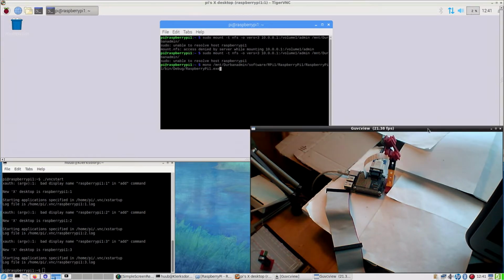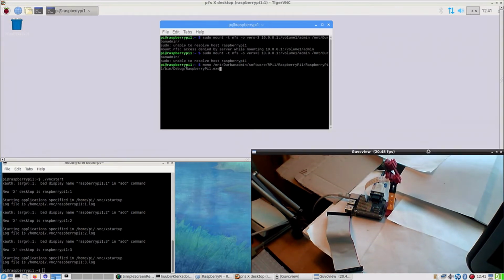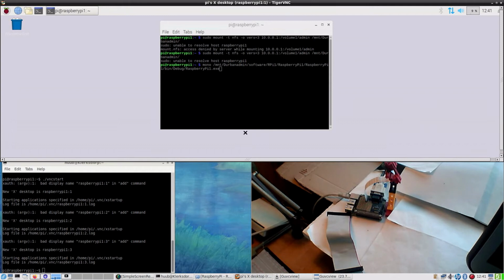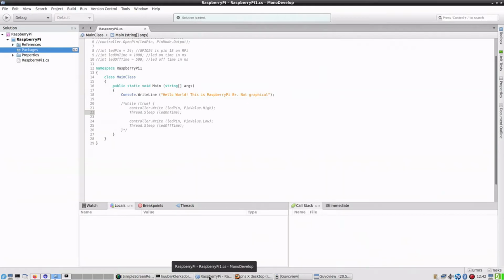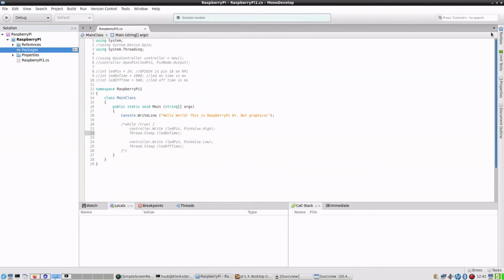Let me shift this a bit down. Alright, now I've had to mount my file server in order to get this working, which it is. So I'm working from here,